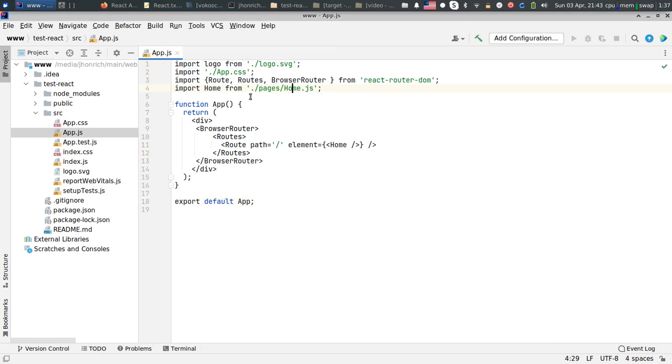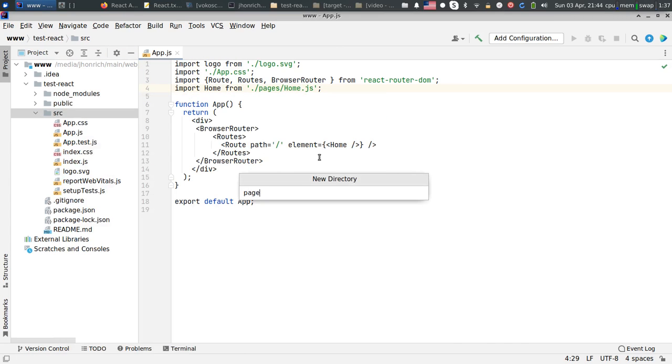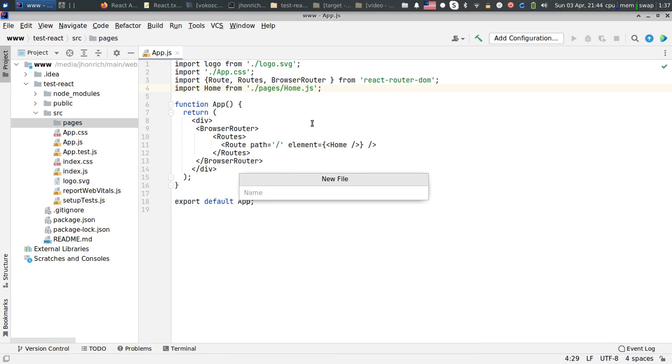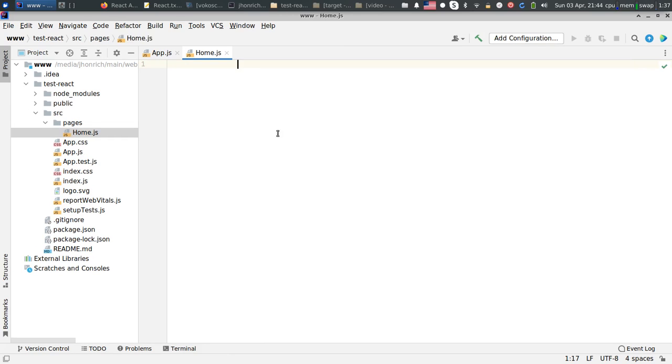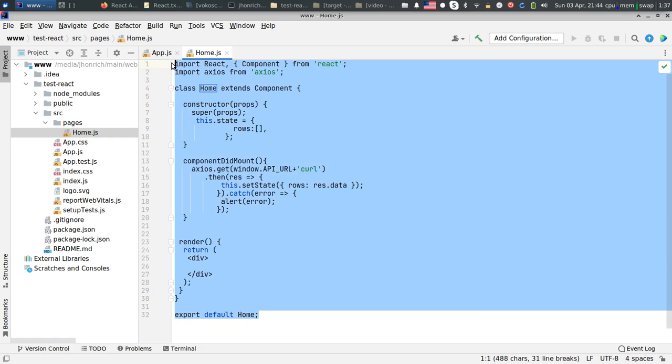Well, I go up pages, so I just create a directory, call it pages, and Home.js. So let's create a CC. I just enter CC, a short code, and you write this short code and it automatically pastes